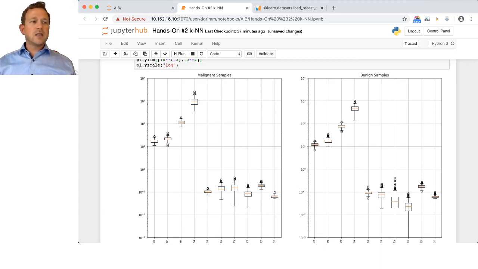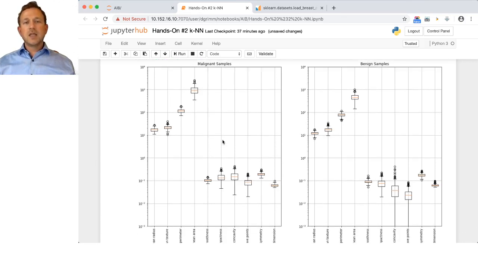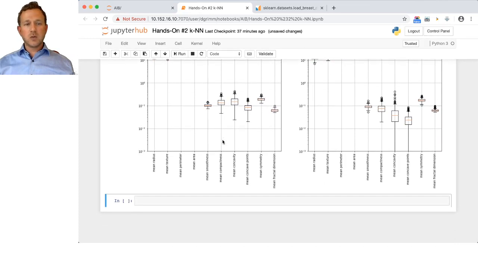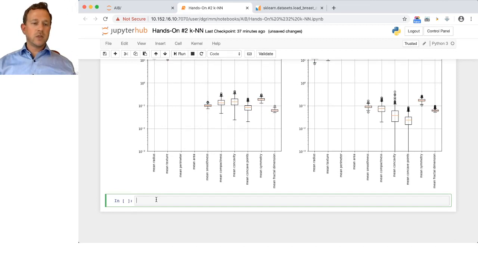So now we analyzed the data a little bit. We found out some interesting properties about the data, and the next step is that we try to learn a k-nearest neighbor classifier. And this we can do also with scikit-learn. So I create a new variable, kn, for k-nearest neighbor classifier, and then I use the class from scikit-learn, which we imported before,